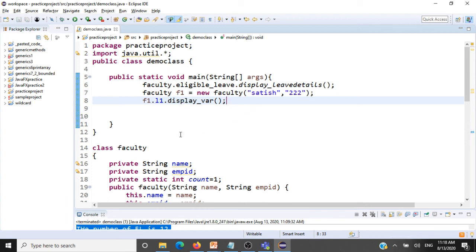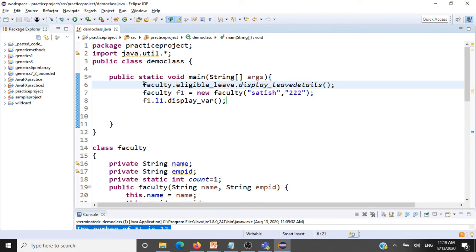So you have to keep in mind whenever you're going to work with non-static methods in your static nested class and you want to access that non-static method, you need an object of the static nested class, and that object can be invoked only using an object of the faculty class. When you're going to just work with static methods inside your static nested classes, no need for an object of the faculty class.